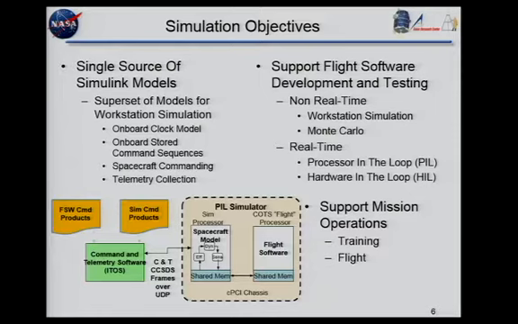The other thing is we were also driving to maintain simplicity and commonality. So, for example, in our processor-in-the-loop systems, where we use two processors, our simulation was targeted as a CFE application on a separate processor. So we would use the same kind of targeting mechanism and the same kind of process to build our simulation product as we did for the flight software. So there were benefits from that internal reuse.